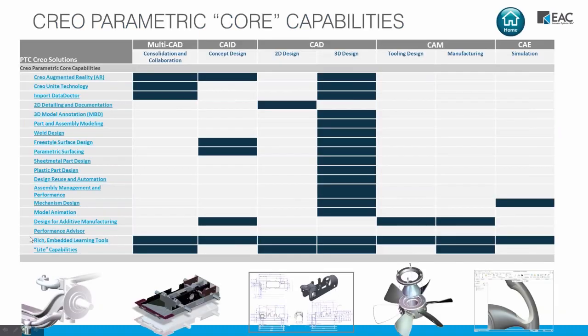So, and then finally, e-learning has been embedded in core Creo capabilities. So that's online training, tutorials, access to online help, and then also additional knowledge base. And then the light modules, right? So those are always there. So let's go back and take a look